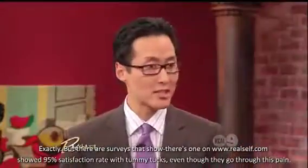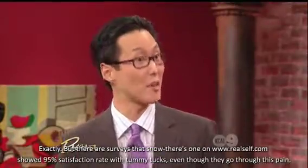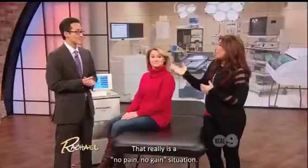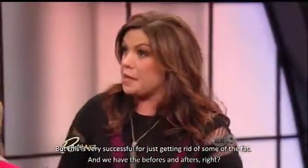Exactly. But there are surveys that show, there's one on realself.com, showed 95% satisfaction rate with tummy tucks, even though they go through this pain. So sometimes you have to go through the pain to get the results. That really is a no pain, no gain situation. It really is. But this is very successful for just getting rid of some of the fat, and we have